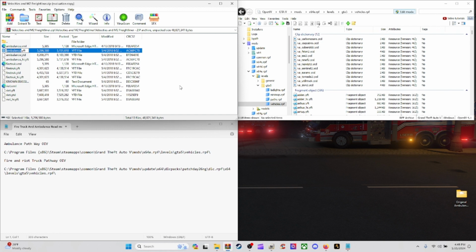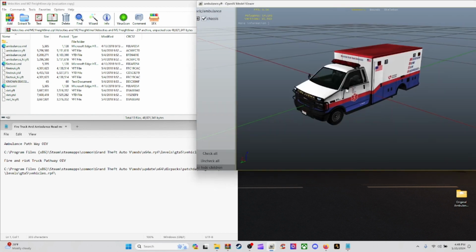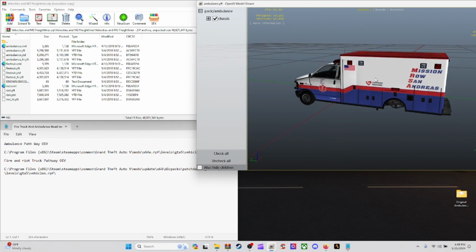Left Control C as in Charlie. Come over here to your bumper zone and your RimWire and get rid of that blue box. Come back over here to OpenIV in your search bar. Left Control V as in Victor. That's going to bring up your ambulance. Now, if you click on that ambulance.yft, there is the vanilla